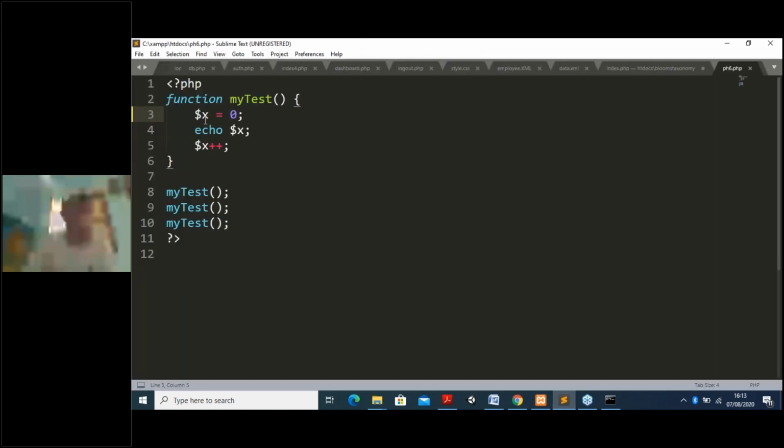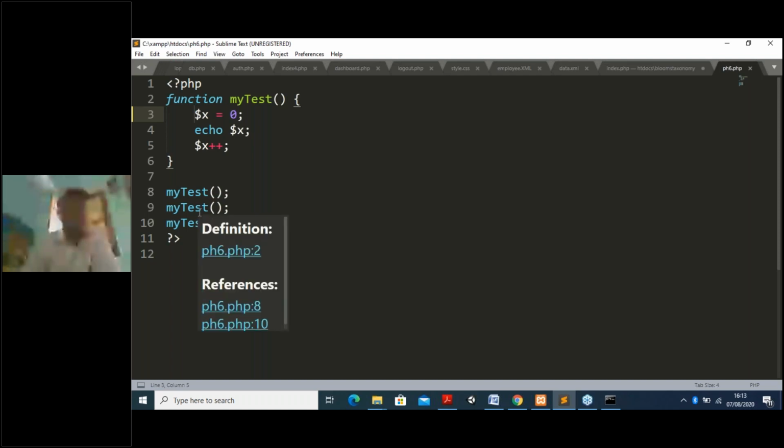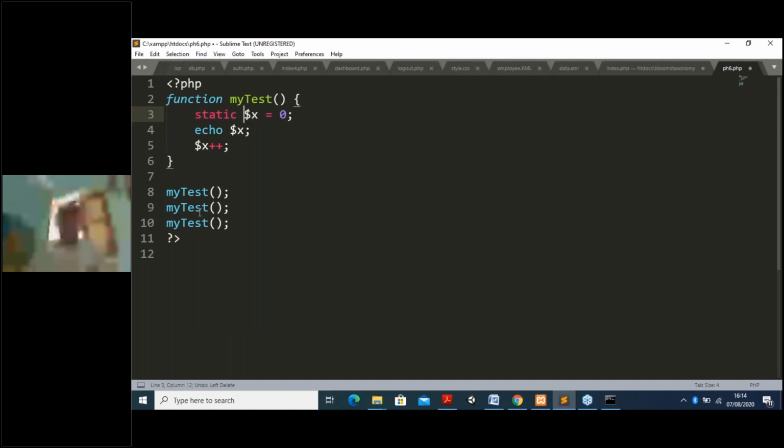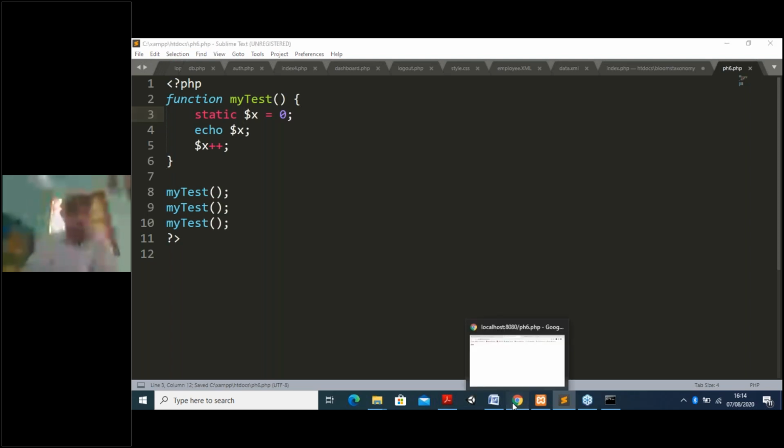Come to the program. Here what I have done, I have initialized the variable x equal to 0, but that is only valid inside this function. That means the first time the function runs, the variable remembers that value. But when next time I am calling my function, it doesn't remember what the initialized value is, so it is not going for the increment. So in that case, just go for the static keyword. If you are using the static keyword and I save it and I run it here also, then you can clearly see the output is coming 0, 1, 2. Okay. So in this way you have to remember the meaning of these things.